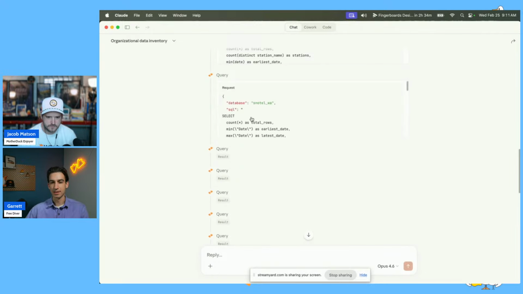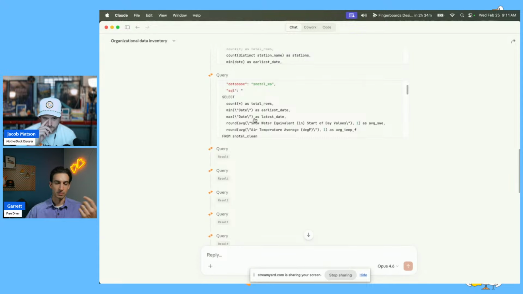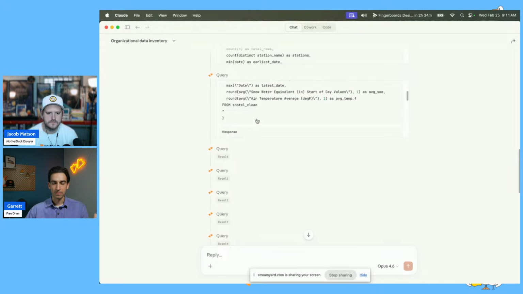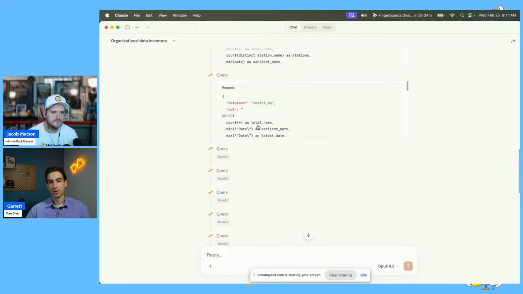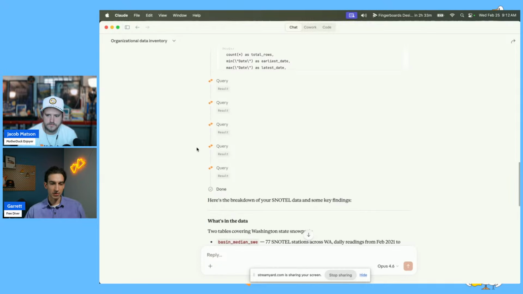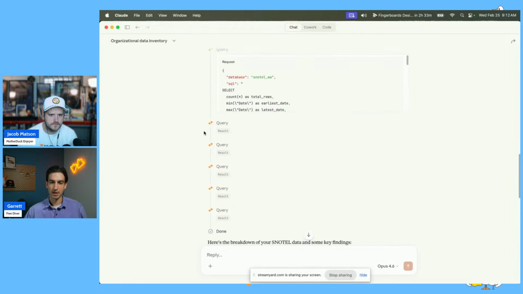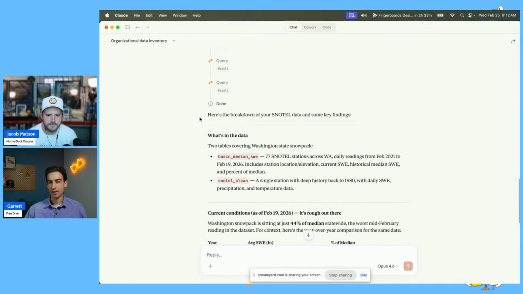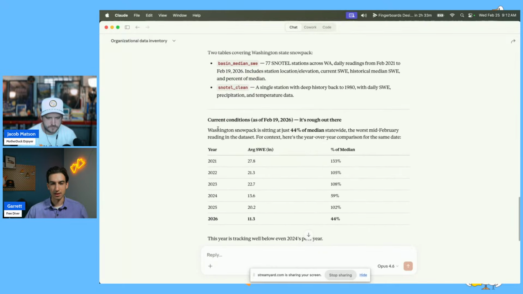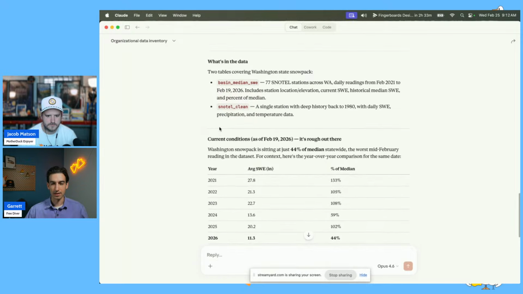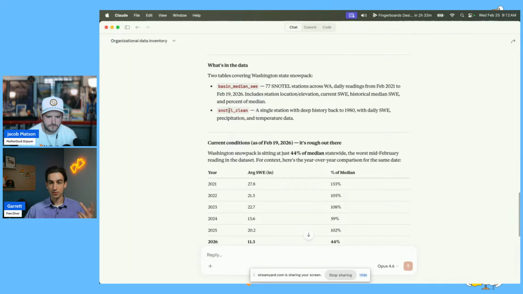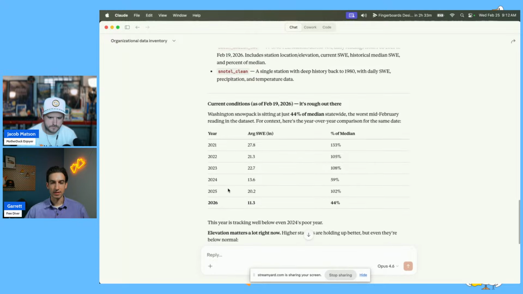So we can see a number of queries being run here, from super simple discovery type queries to trying to get some summary statistics. There's about 5 or 6 of them that are run before Opus starts to give me a better understanding of the data. So we've got 2 tables, super simple. This is really interesting because I didn't prompt for this at all, and Opus just gives me a heads up, like, hey, here's how the current